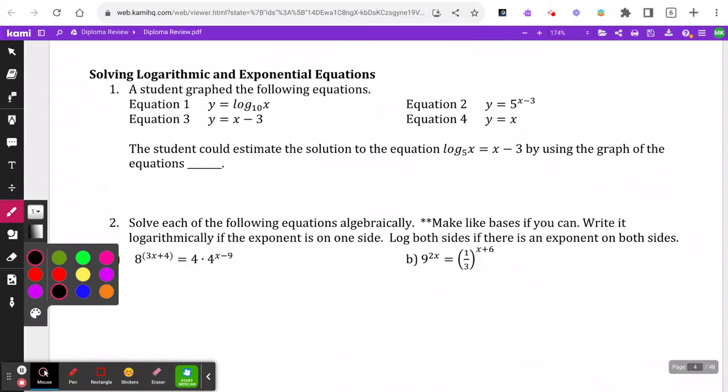All right. Solving logs and exponents. A student graphed the following equations: equation 1, equation 2, equation 3, equation 4. The student could estimate the solution of the equation log 5x equals x minus 3 by using the graph of the equations. Equation 1, 2, 3, or 4, we have to choose. That's a tricky one. So if you were trying to solve this, the solution of this thing,